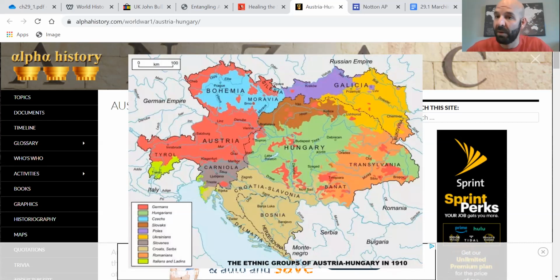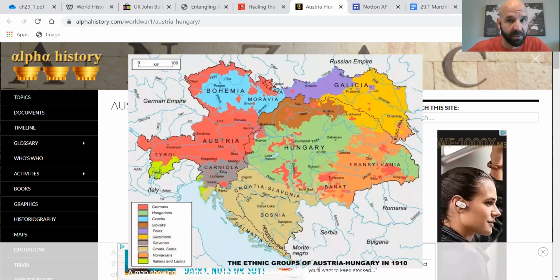Germany will support Austria-Hungary. Russia will jump in and support their Serbian allies, and France will jump in supporting their Russian allies, if you remember from that earlier map we looked at. And pretty soon, the entire continent will be engulfed in war. Now, we will get to that when we get to the next section, which I will post tomorrow. But that is all for today.